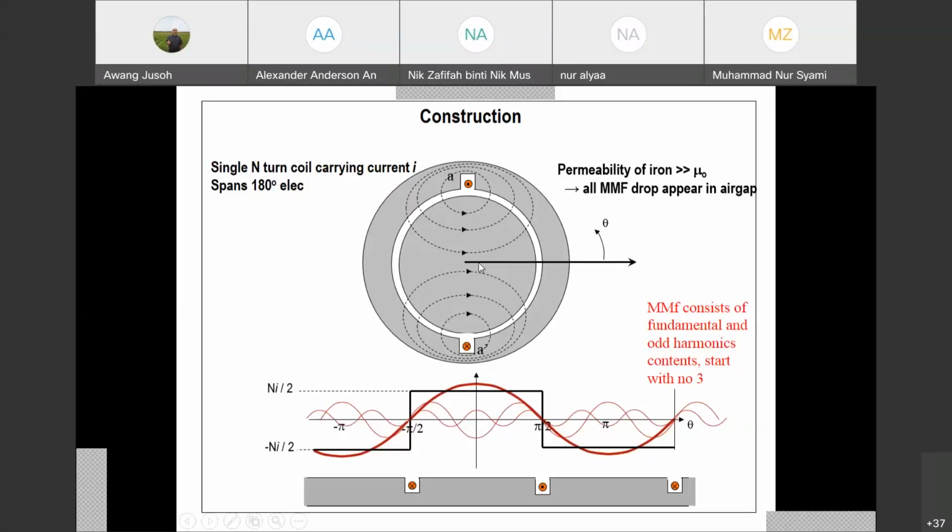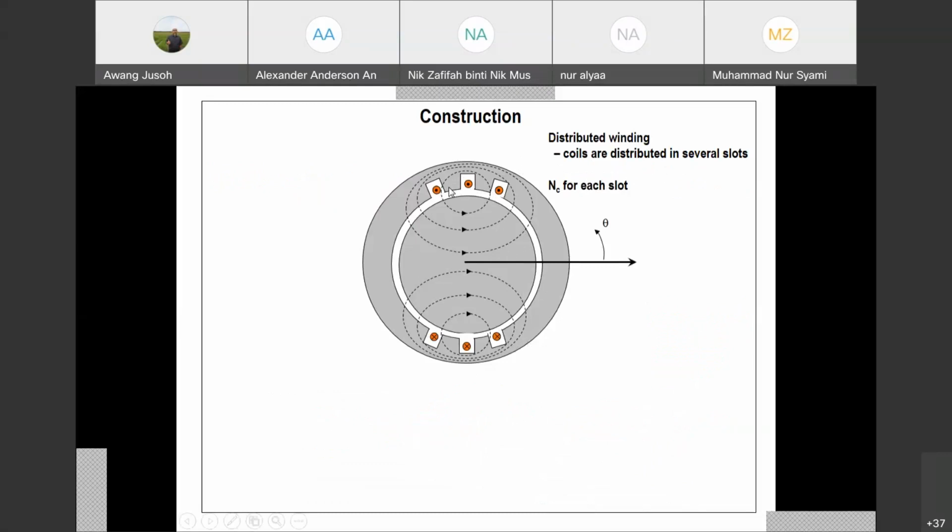So how do we solve the problem now? We have to use distributed winding, not just one winding but distributed. What do I mean by distributed? For example, this is 3 conductors like that. This is also distributed, but not limited to 3 coils only. This is the resultant flux of A on the top and the resultant flux due to IA on the bottom. Similar to that, but what is different now if you use distributed winding for phase A here?